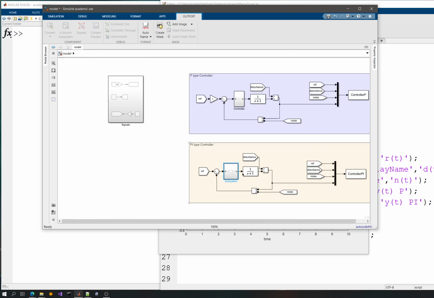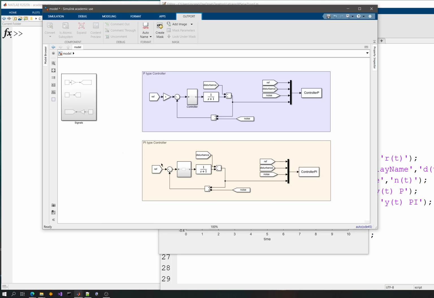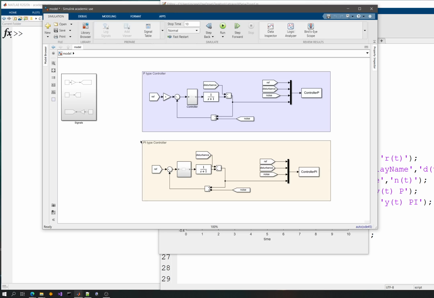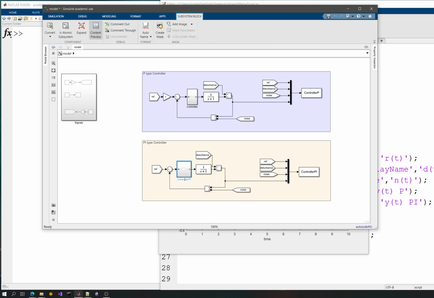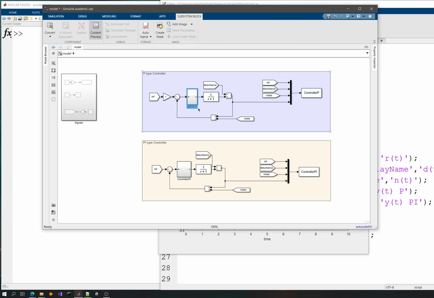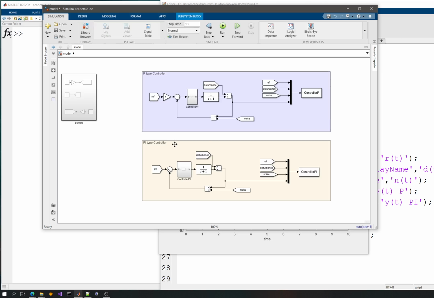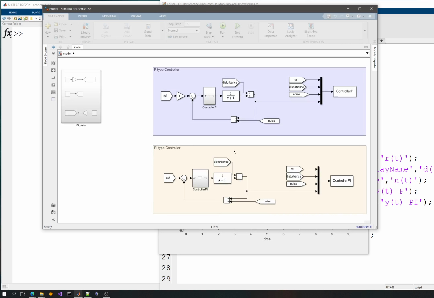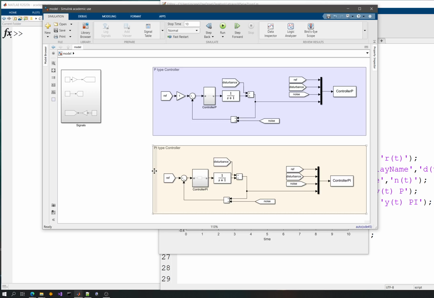I can basically create some subsystems, and it might be, let's say, controller PI, controller P. So they should have basically different names. And now you can see that I have a nice, clean way of designing controllers or comparing controllers, and I'm